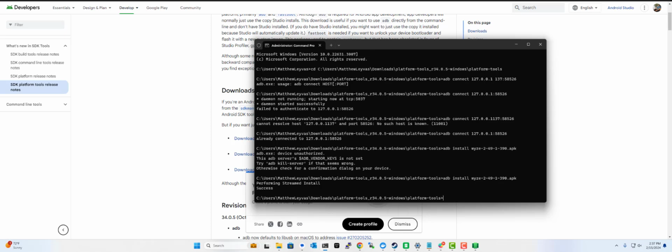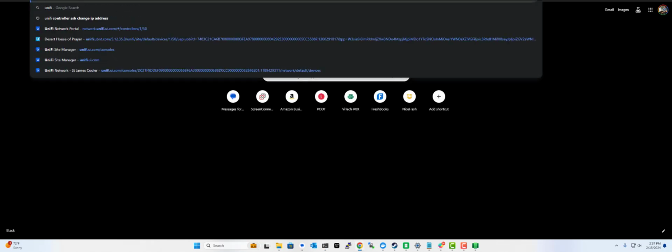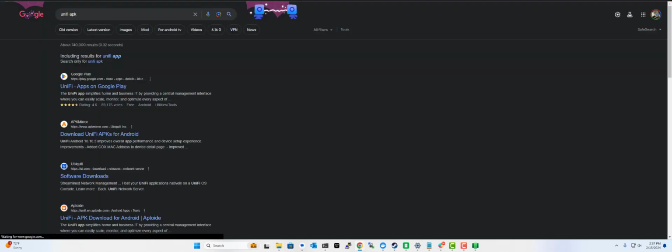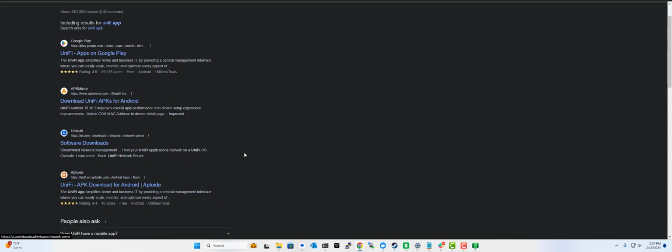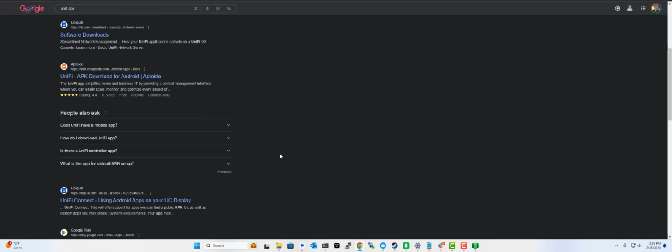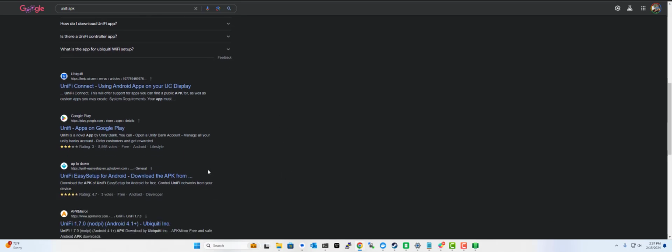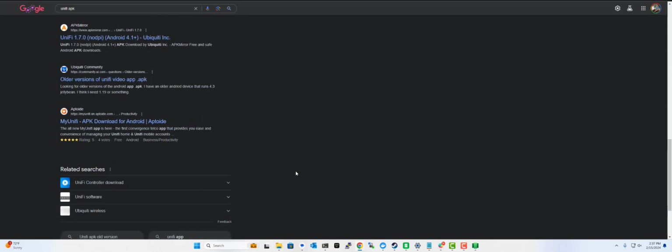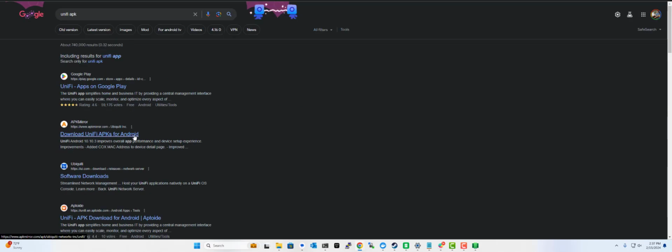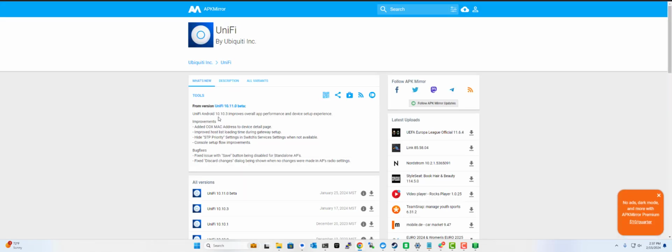So, I'll give you a good one. I want the Unify APK file. Okay. Let's see if we can find it. Nope, don't trust that one. Don't trust that one. Let's try this one. Sometimes this one's okay. So I like to verify that the